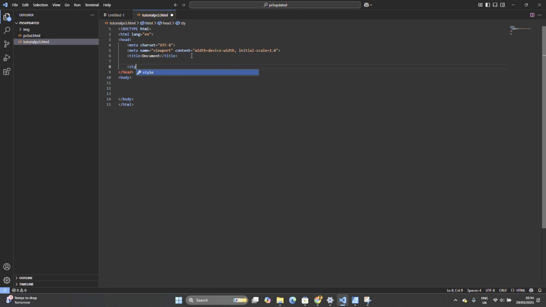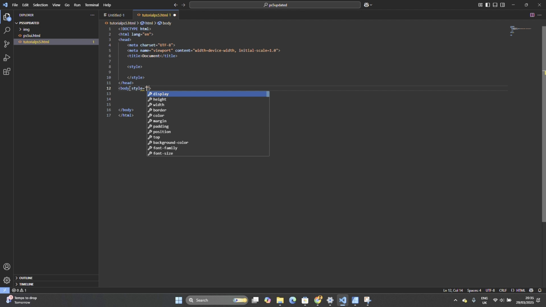internal CSS, as I call it. Internal CSS is when your CSS is still in the same file as your HTML file, which is what we are doing here. And there's what they call inline CSS, which is when you are styling inside your tag. For example, inline CSS can be something like this. I can come to the body tag and say body style, so we are specifically styling a tag in the same line. But internal is more like you are doing it